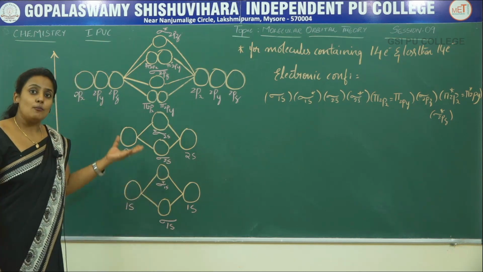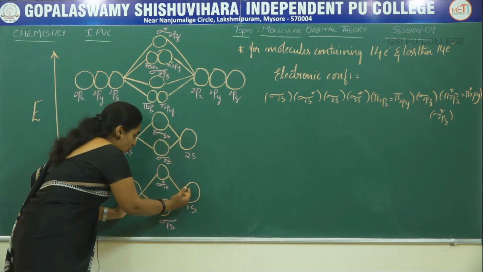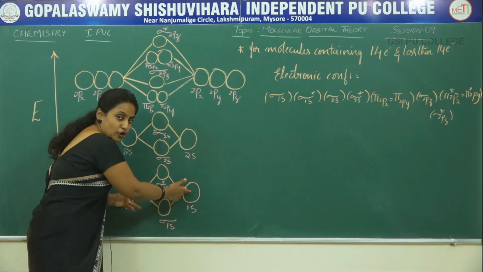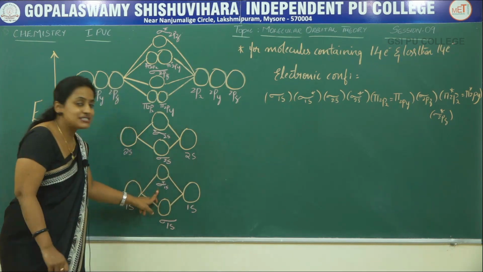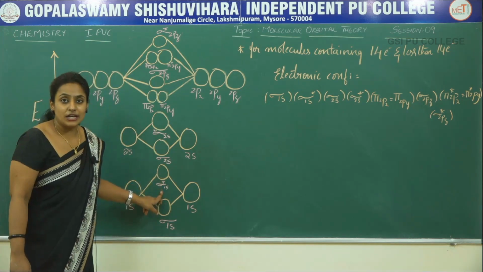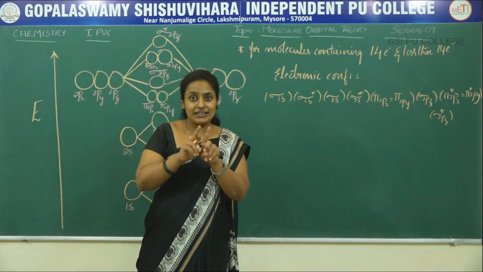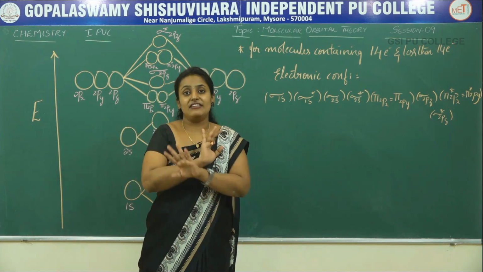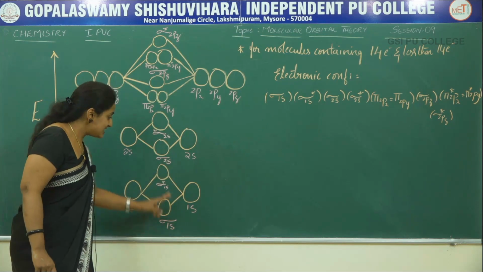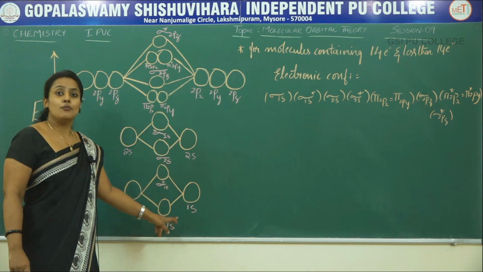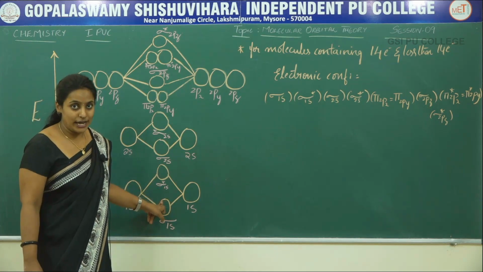Therefore, this is about the molecular orbitals, that is bonding and anti-bonding orbitals. A 1s atomic orbital combines with another 1s atomic orbital to form sigma 1s, the bonding molecular orbital, and sigma star 1s, the anti-bonding molecular orbital. Why have we written sigma? As we know, s atomic orbitals always combine to give only sigma bonds. They will never form a pi bond. Therefore, the s orbitals combine to give sigma 1s and sigma star 1s. Sigma 1s represents the bonding molecular orbital and sigma star 1s represents the anti-bonding molecular orbital.